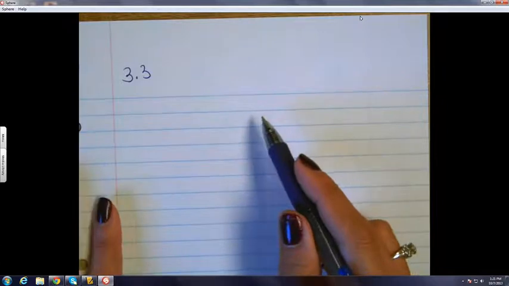Okay, here we are in 3.3. We're going to do two things today. We're going to look at how the programmers program the calculator to do derivatives, and the main part of today is after we do that, you should be able to make conjectures